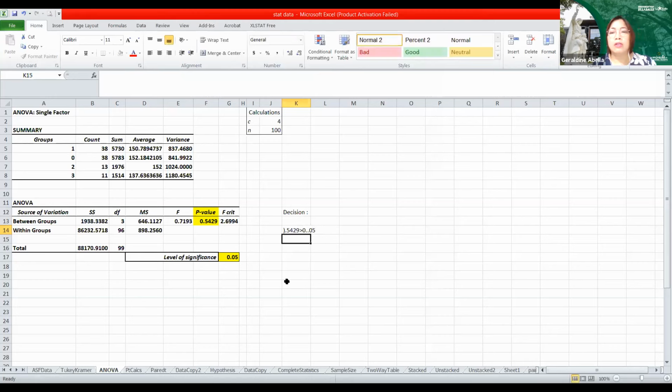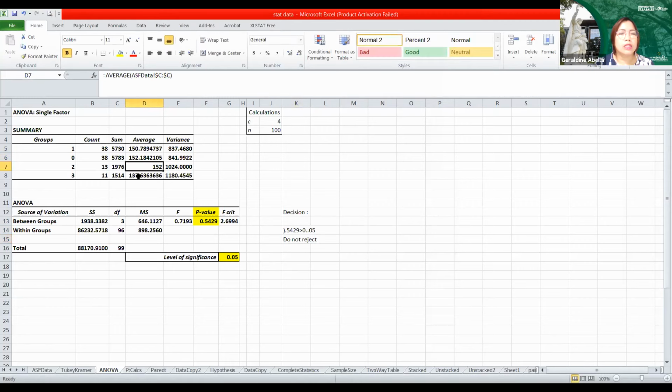So do not reject. Failing to reject the null hypothesis means that the difference observed in the mean weights among the groups 150, 152, 153, 137 is not significant. So meaning the exercise has no effect. There is no significant difference if they are grouped according to exercise level, because the decision of this one-way ANOVA is not to reject the